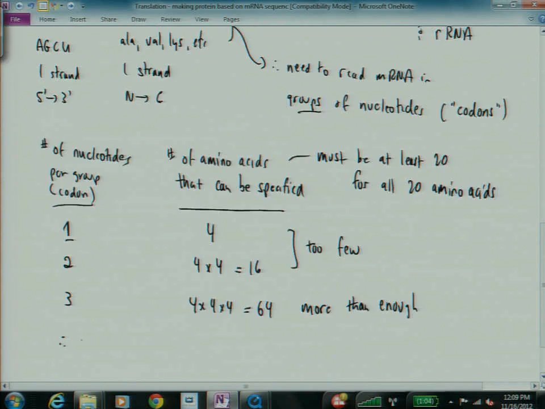Therefore, there are 3 mRNA nucleotides per codon. And again, it didn't have to be as neat as that. When Watson and Crick and all their buddies were working on this, they thought, wouldn't it be cool if it was 3? The math would work out kind of nicely. And it turns out that it does. It didn't have to, but it does. So the other thing you need